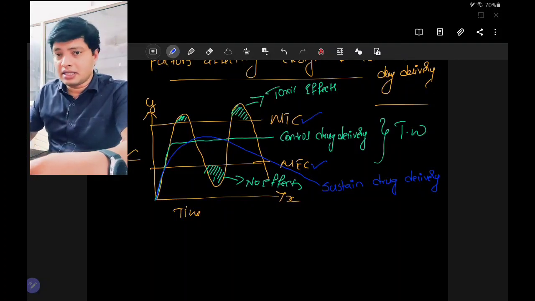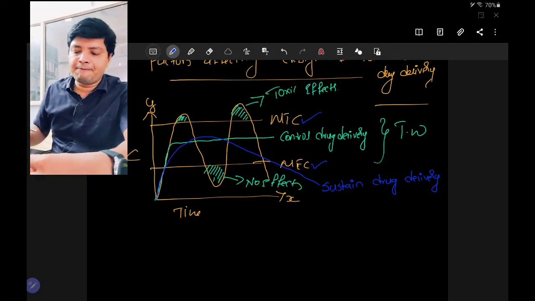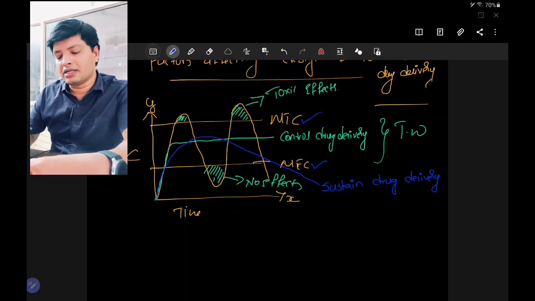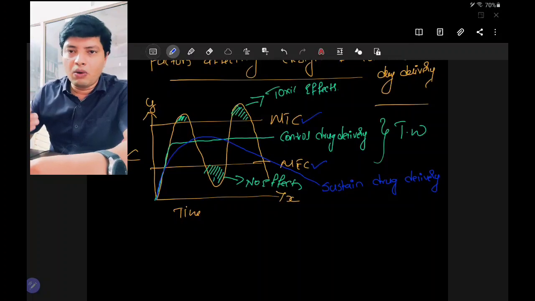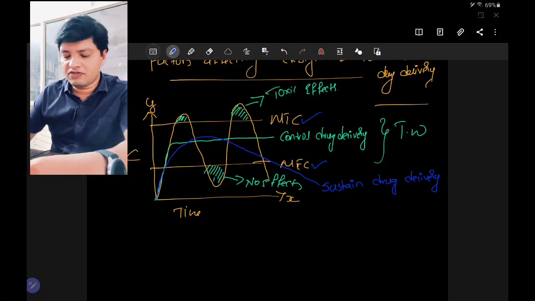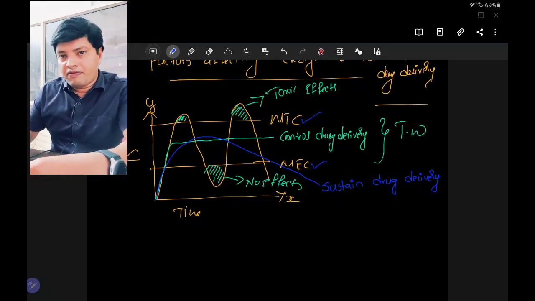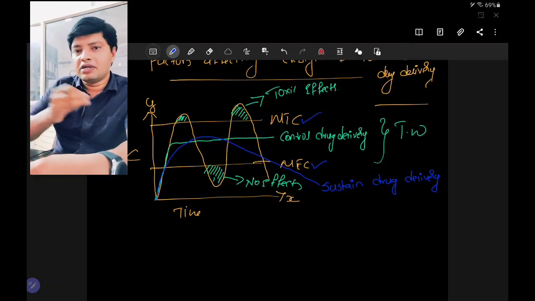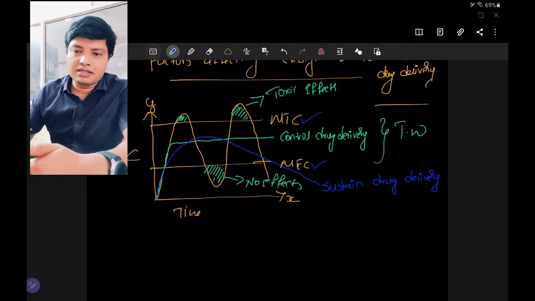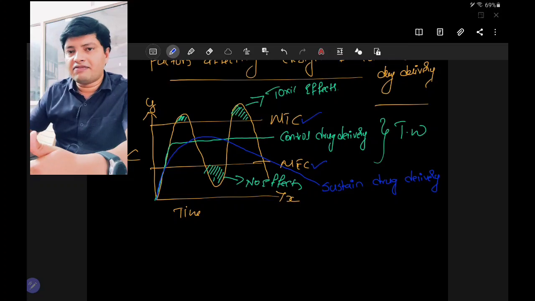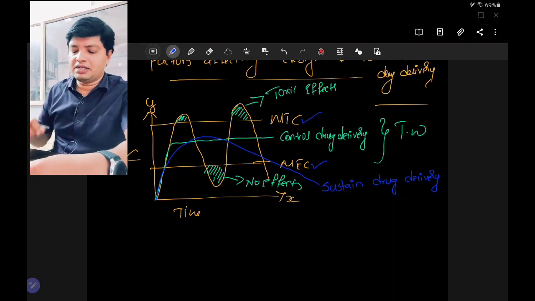So the lifespan of a particular drug is increased, and each and every time I can't produce a new drug for a particular disease. Let's say for example we can take antibiotics. To increase their efficacy, instead of producing a new antibiotic, you can take the old antibiotic and make it in a new dosage form, which will improve its plasma drug concentration time profile, in turn reducing its side effects compared to its conventional dosage form, and also giving more patient compliance. So this is how you can increase the life cycle. This is the rationale behind producing a controlled or sustained drug delivery system.